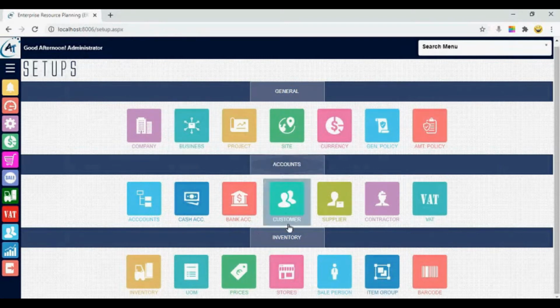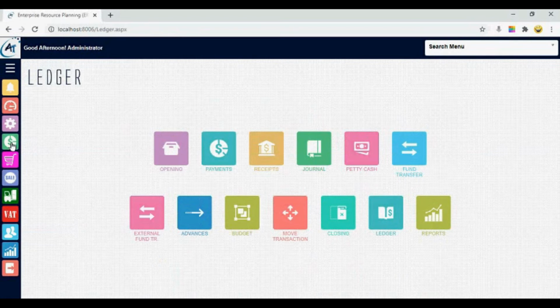After entering all the detail in the setup menu, we can move on to the GL menu. In the GL menu, we have predefined formats of vouchers like opening voucher, payment voucher, receipt voucher, journal voucher, petty cash voucher, closing voucher, and then we have some special vouchers like fund transfer, external fund transfer, advances, budgeting, transaction movements, and ledgers. Starting with the opening voucher,